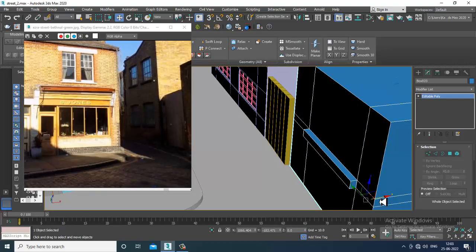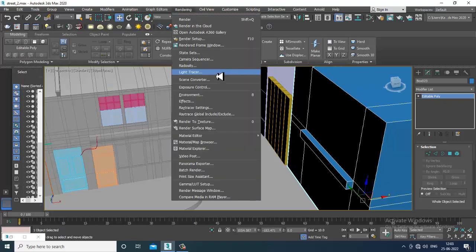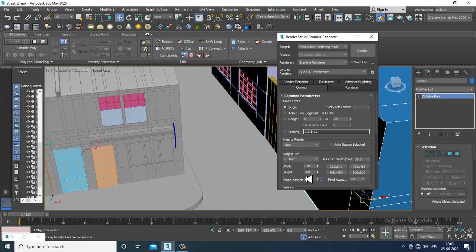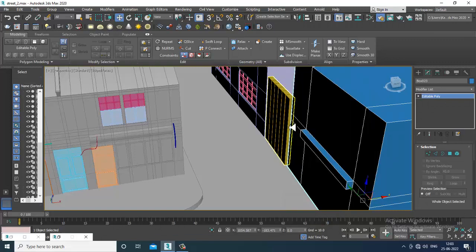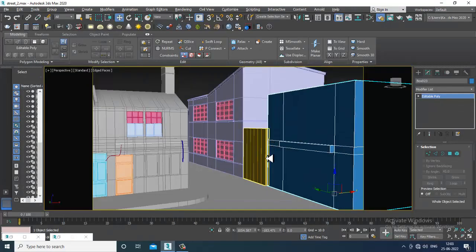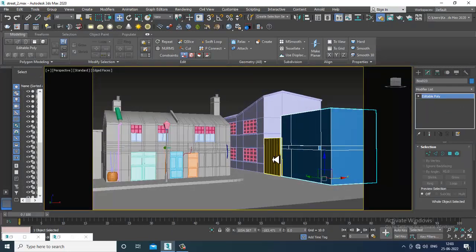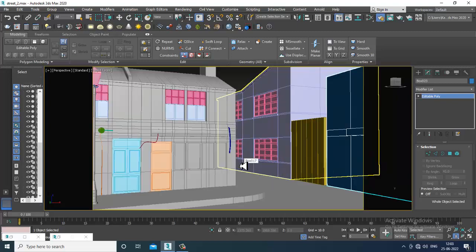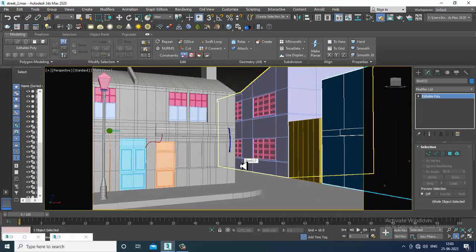We need to set up a proper camera angle also over here. So I'll just go into this render setup. I'll make it as HD. So press Shift F, that's show safe frames. So how we are going to use this over here is, we'll try to